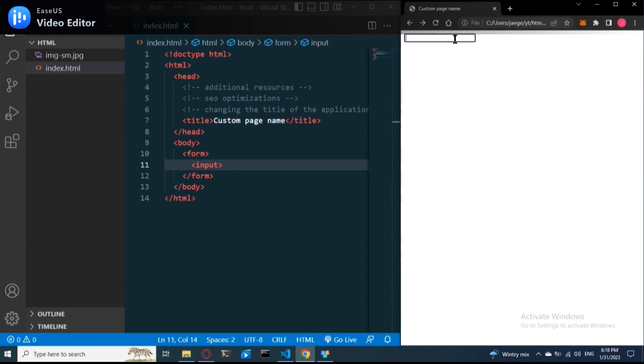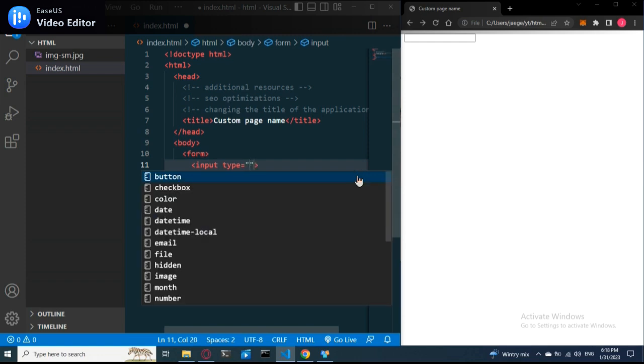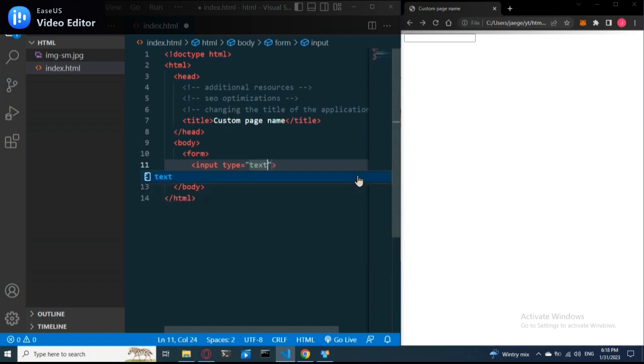I mean, we can also add numbers as well as special characters, but in the end it's just a string of text and it will be represented as such. The input element also has a type attribute here, which, if not specified, defaults to text. And if I just remove this here,